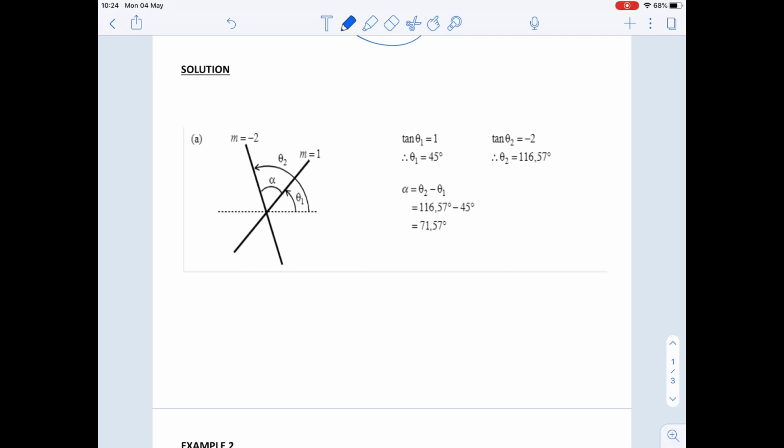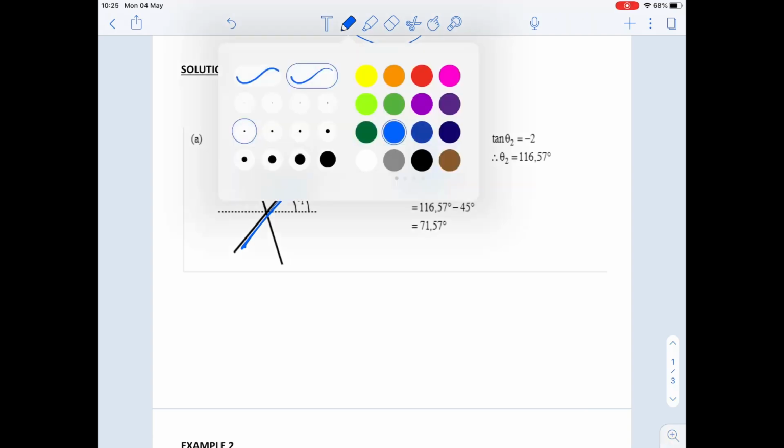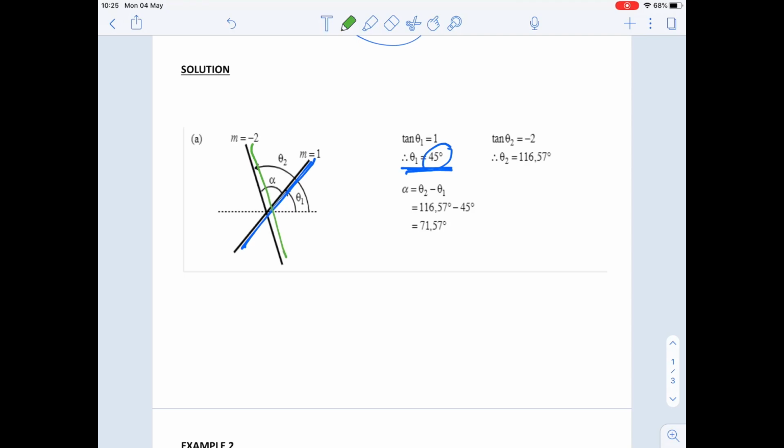we're first going to find this little angle here, theta 1, which is going to be this line here. So on the calculator, we go shift tan 1 and we get 45 degrees. And then our second one that we're going to work with is this line here, which is the bigger one. So that's tan of theta 2 equals minus 2. And because it's an angle bigger than 180, we would go 180 degrees minus shift tan 2,